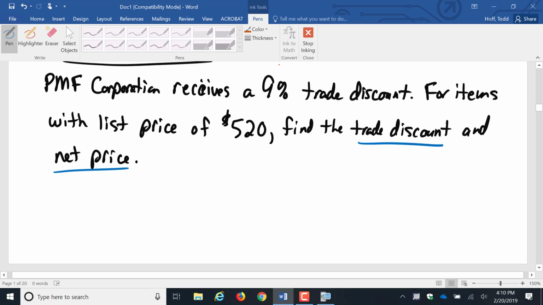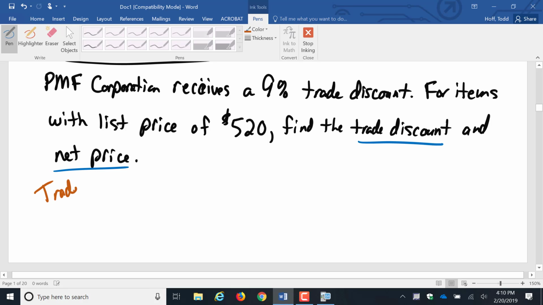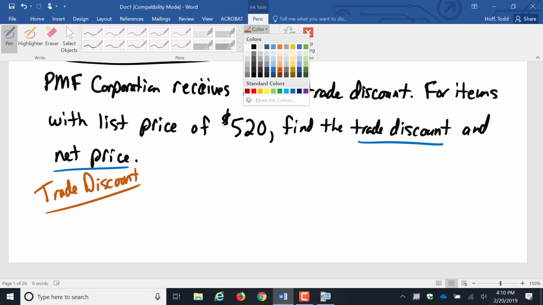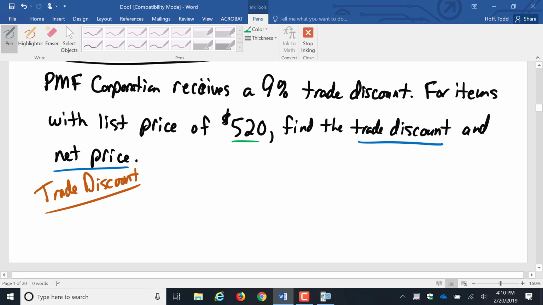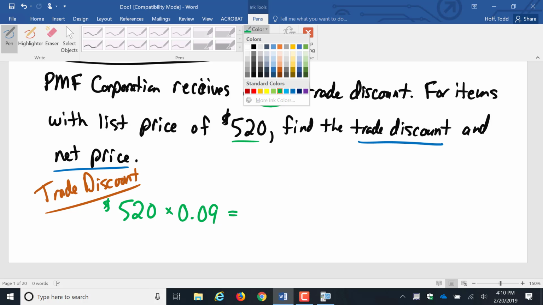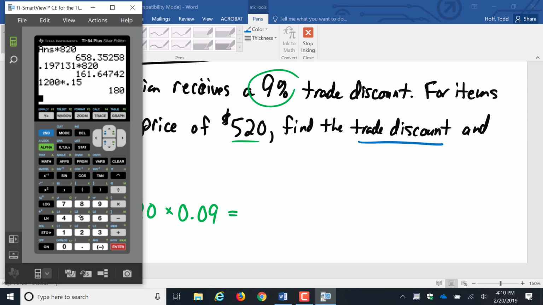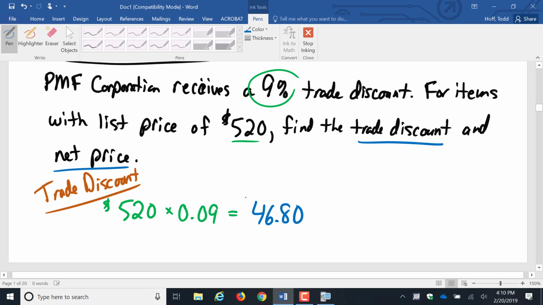To find the trade discount, we're just going to take that list price, $520. We're going to multiply it by the rate of the discount, 9%. That becomes 0.09. 520 times 0.09 gives us $46.80. That's the amount of the trade discount. To find the net price,